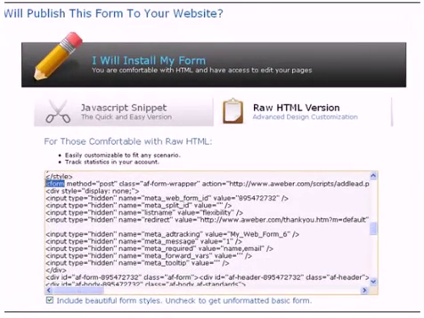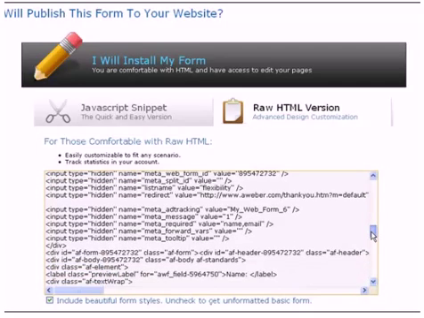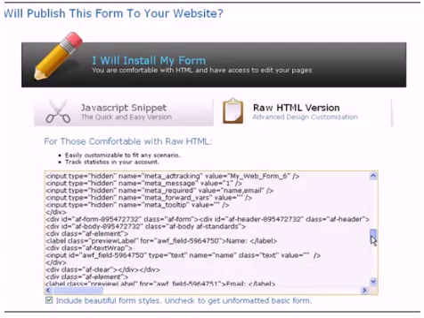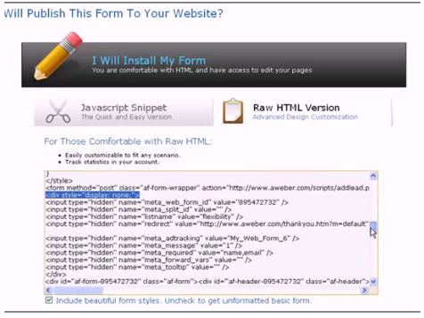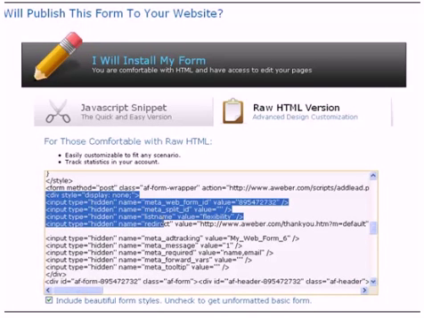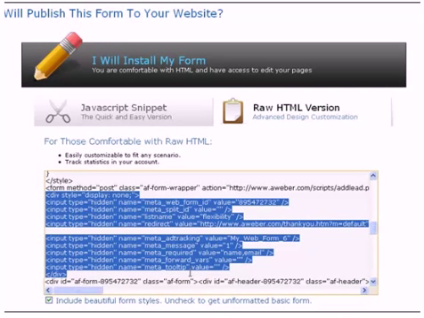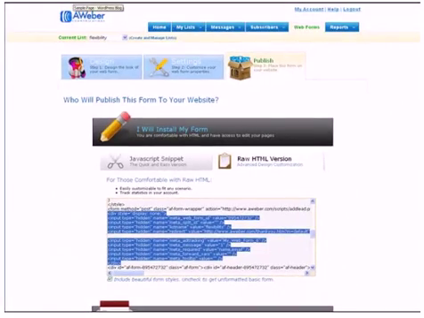Right underneath the opening form tag, you'll see this div with the style equals display none. And if you take it all the way down to right here, this is your closing div, and these are the fields that you want to highlight. And I'm going to do a Control-C copy, and then I'm going to go back